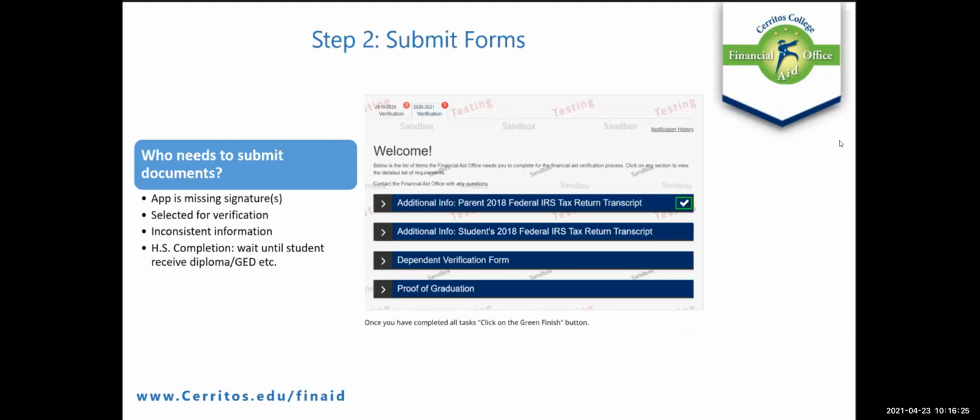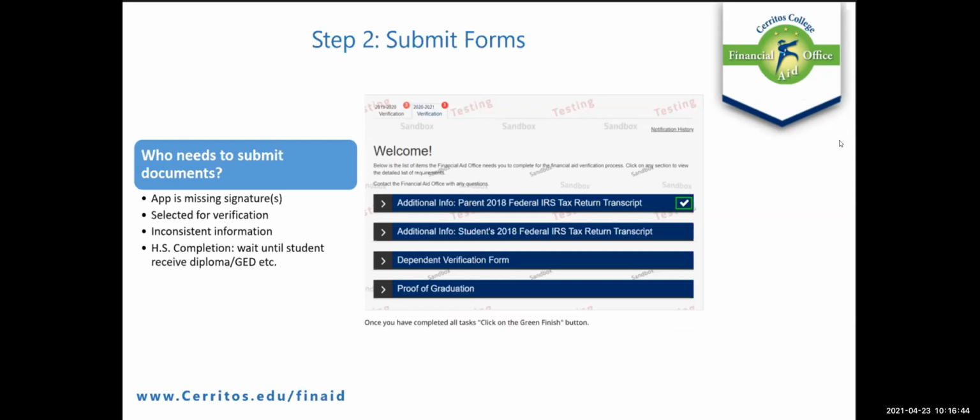Typically, how FAFSA tells our office to handle these situations is that a parent is required to provide that signature. We don't always have the option to waive that requirement.